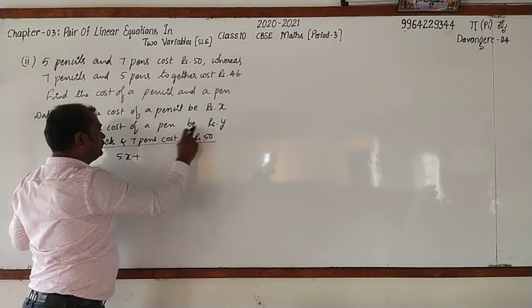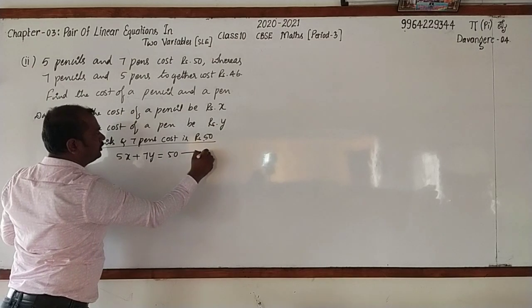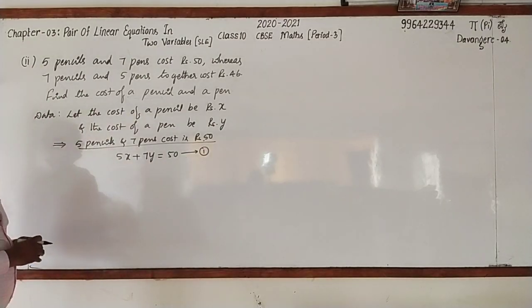1 pen is y, 7 pens is 7y. It is equal to 50. You may call it equation 1. Next,